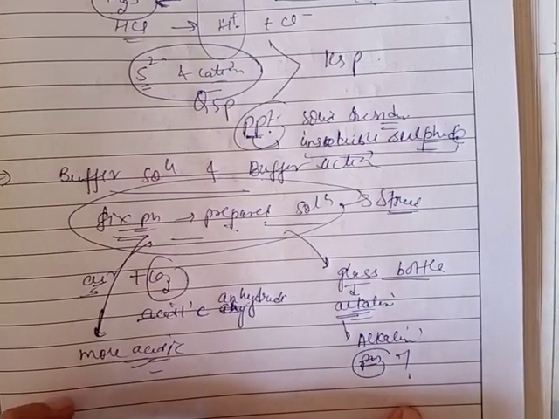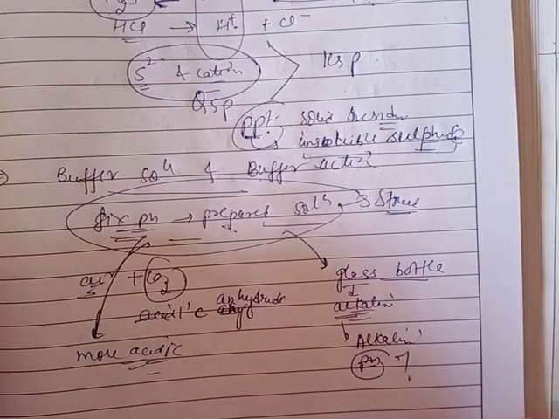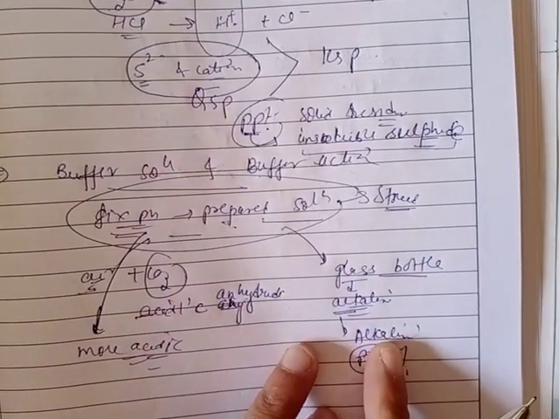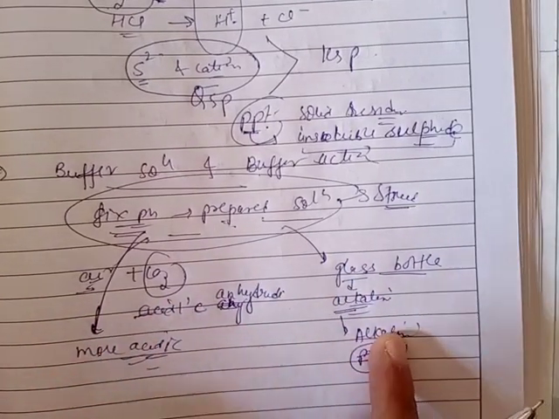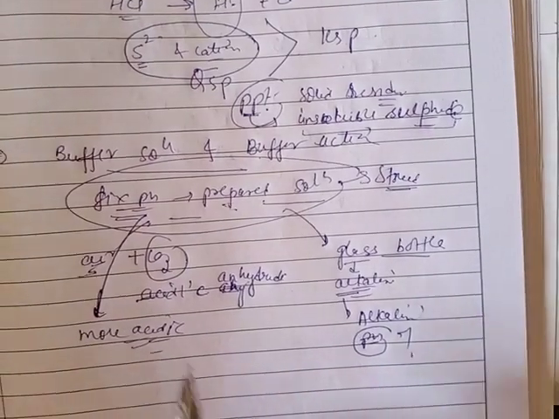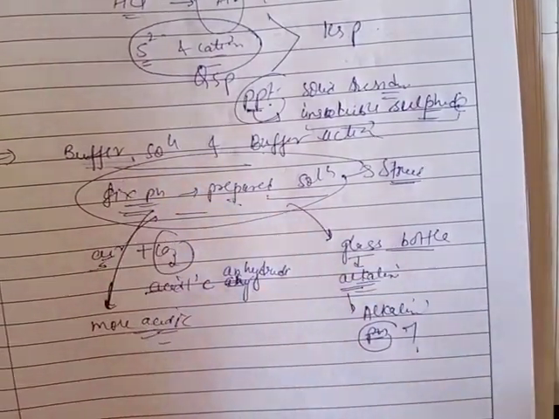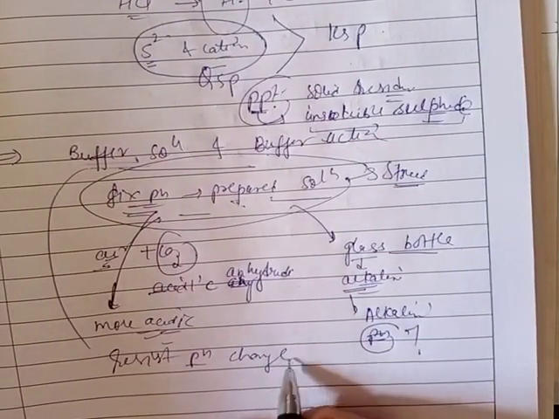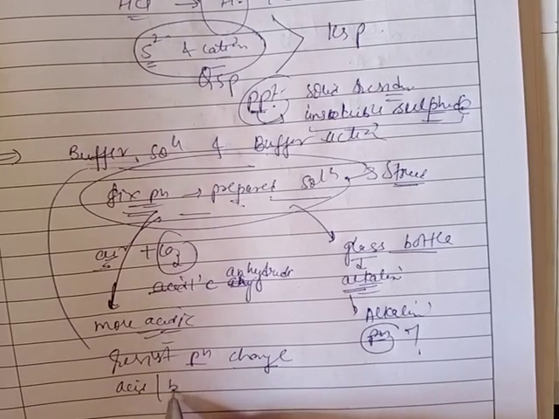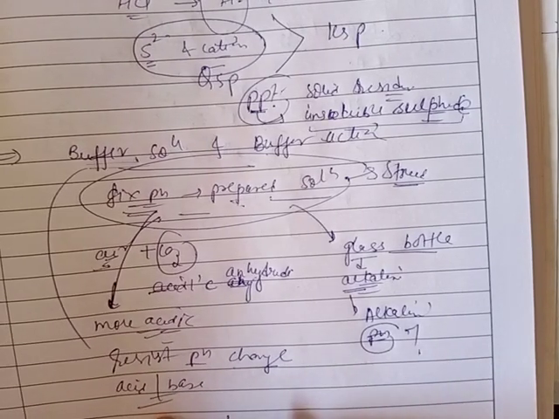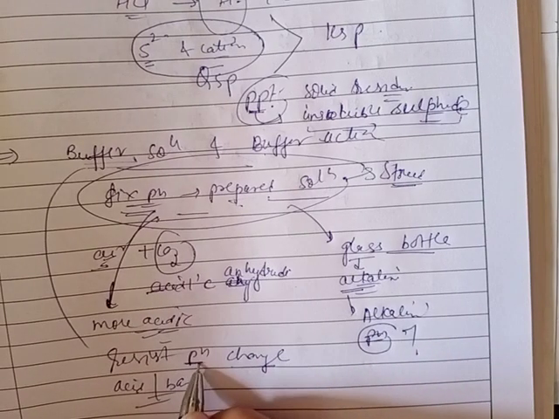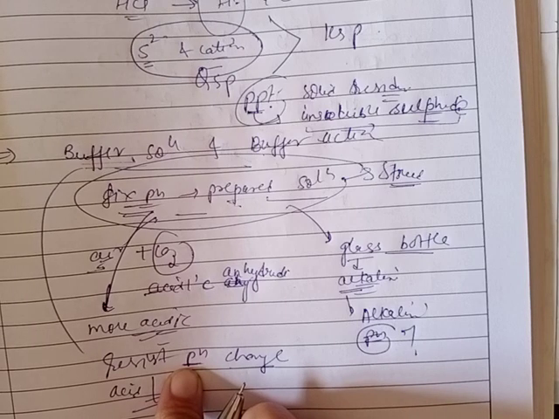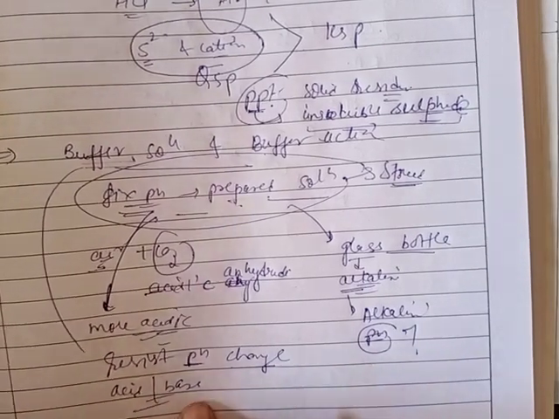So, to make a solution in which pH doesn't change by addition of an acid or a base, we need a solution. That solution is called a buffer solution. Therefore, a buffer solution may be defined as a solution which can resist pH change when a small amount of acid or small amount of base is added to it. It means the pH value remains practically constant when a small amount of acid or base is added to the given solution.